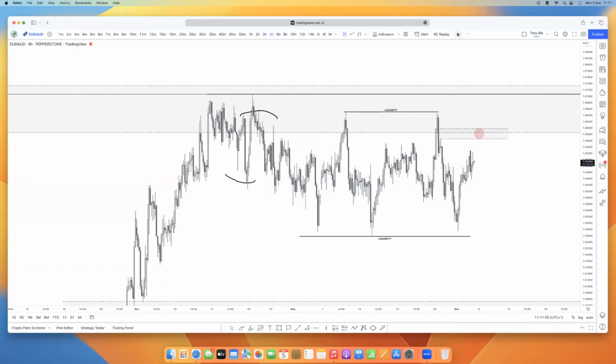If we are to start the analysis, checking the structure on the 4 hours, price is giving us this high, this low, and then all of this high. We have this low, we have this high, and then this break here: lower low, lower high, lower low, lower high, lower low, and a break, higher high, higher low, boom, higher high. So yes, the structure is bullish on the 4 hours.